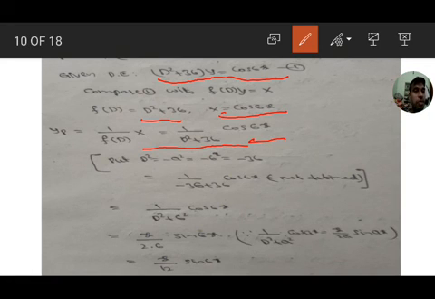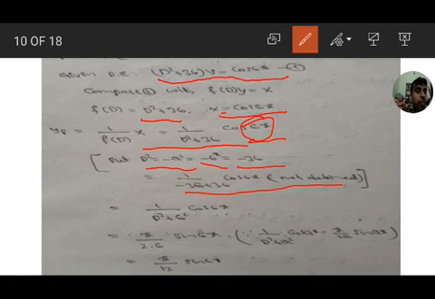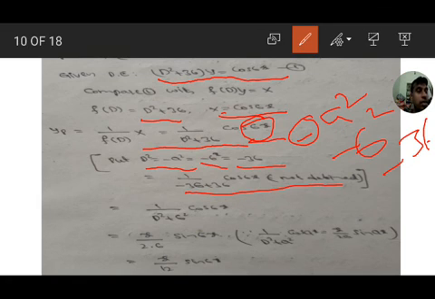Substitute here: cos 6x means a equal to 6. So substitute D square equal to minus a square, minus 6 square. 6 square means 36, that is minus 36. So 1 by minus 36 plus 36 cos 6x is 1 by 0, which is not defined. Here the minus is separate and 6 square is separate: 6 square is 36, and the minus stays as it is. Then we have to use the formula.